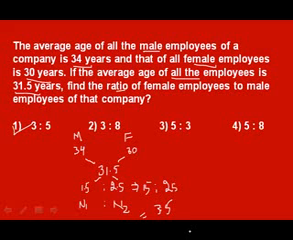3:5. So let me take a quick recap here again. The average age of all the male employees of a company was 34 years, and that of female employees was 30 years, and the average age of all the employees was 31.5 years. So I have to find the ratio of female employees to male employees. The male employees' average part is this, and the female employees' average part is this, and the overall average part is this. So I just have to apply the basics of allegation, and I found the ratio. 3:5 is the answer. So now let me go ahead to the